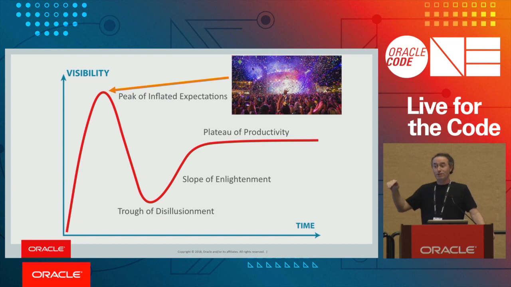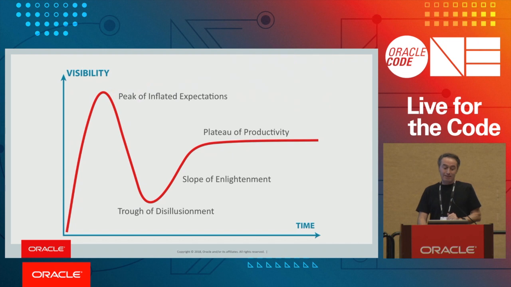Or maybe we're just getting over the top now because it's cooling a little bit. But people are thinking this is the greatest thing ever. It's going to solve all your problems. You saw those headlines, containers, they suck. Serverless functions, they're the way to go. That's not going to last, okay?